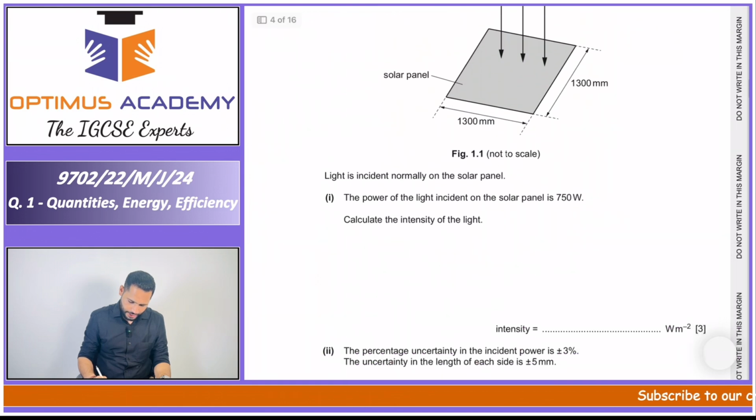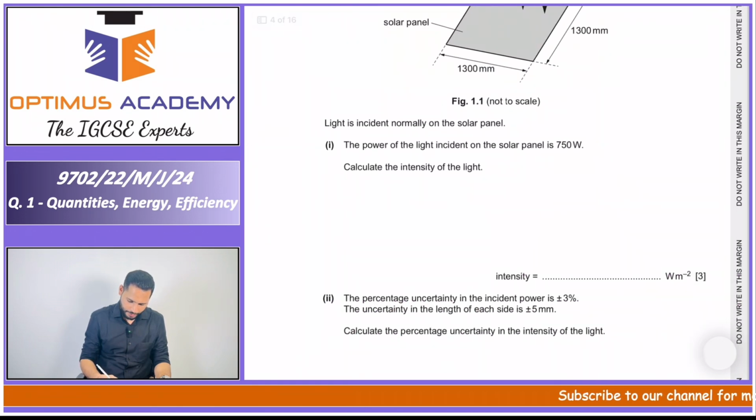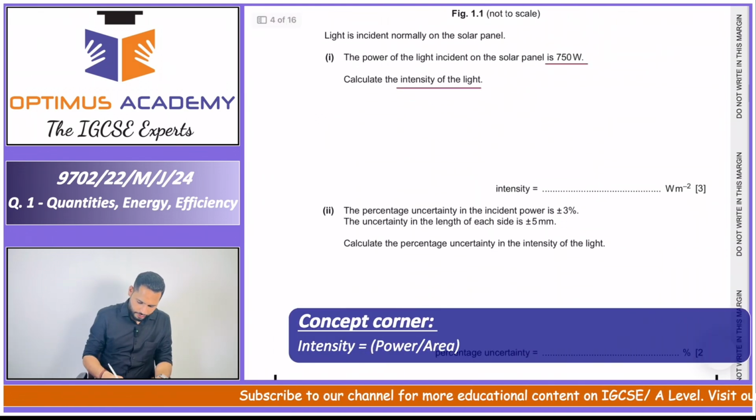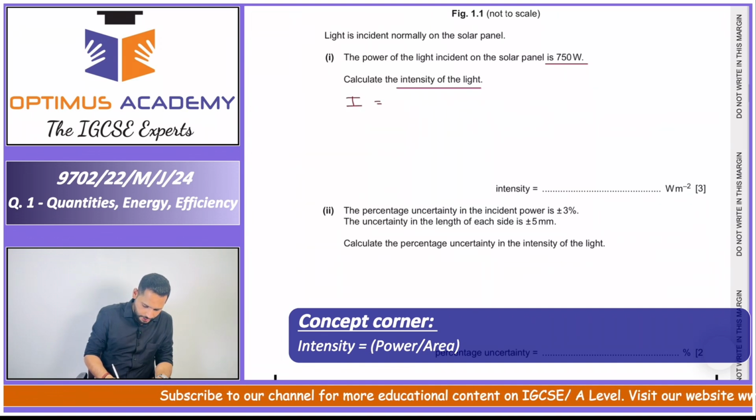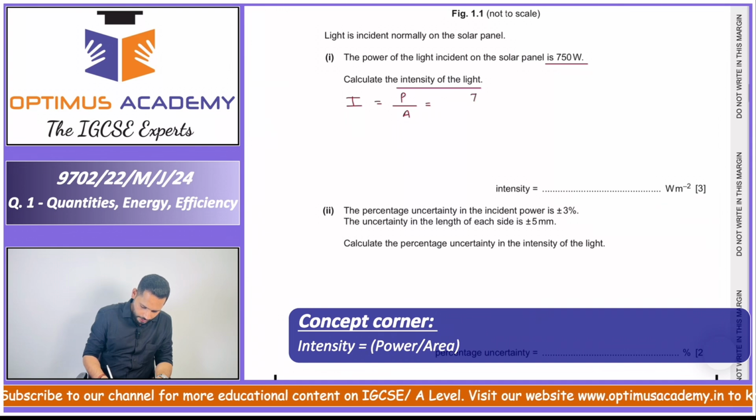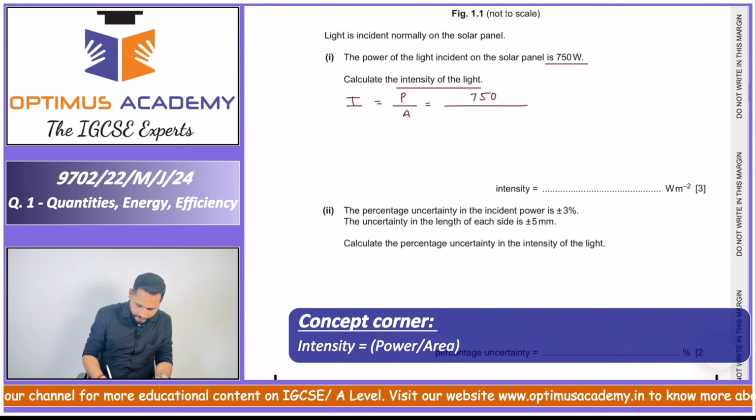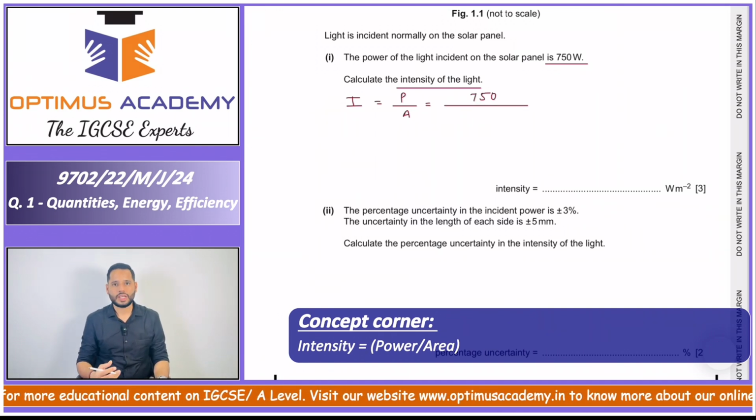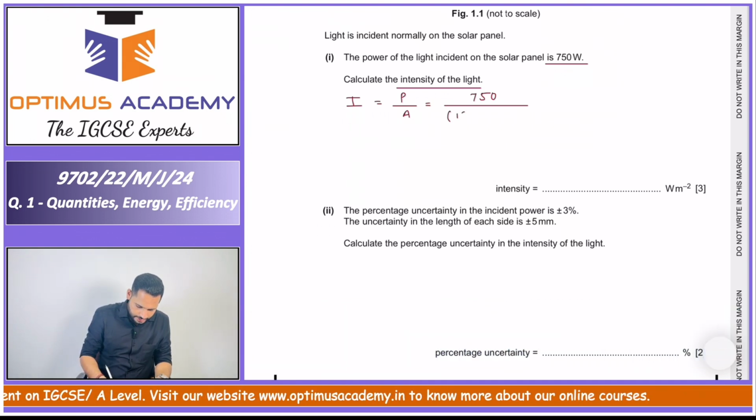figure. Light is incident normally on the solar panel. The power of the light incident on the solar panel is 750 watt. Calculate the intensity of the light. The formula for intensity is power per unit area. Now the power incident is 750 watt and for a square panel the area will be side squared. Here since the sides are given in millimeter, we will write them as